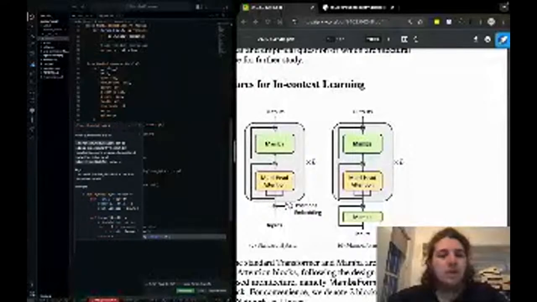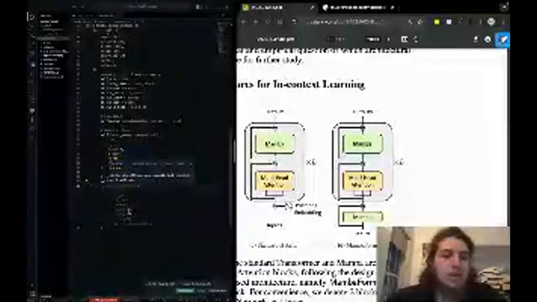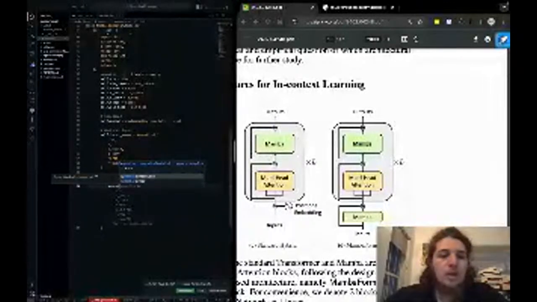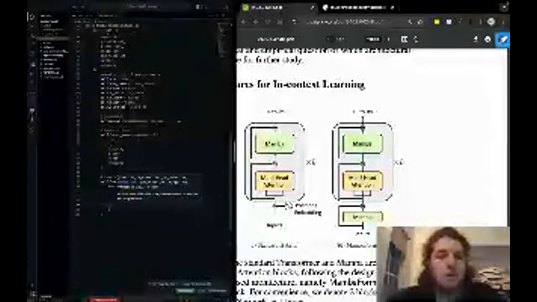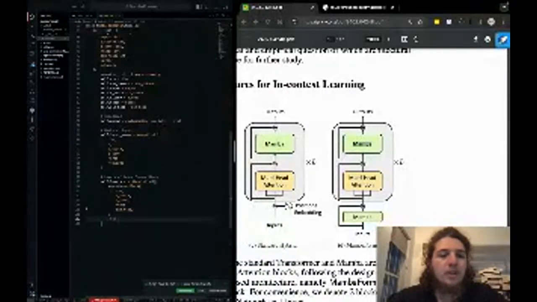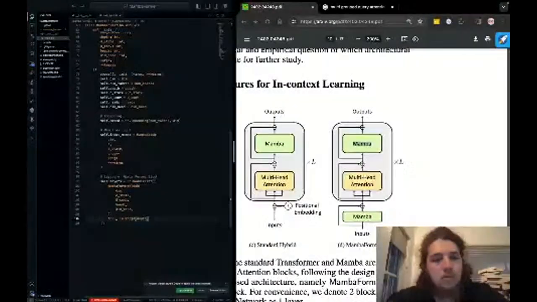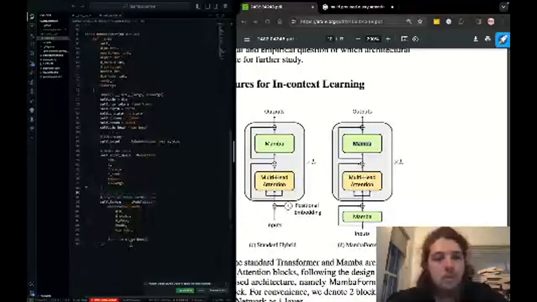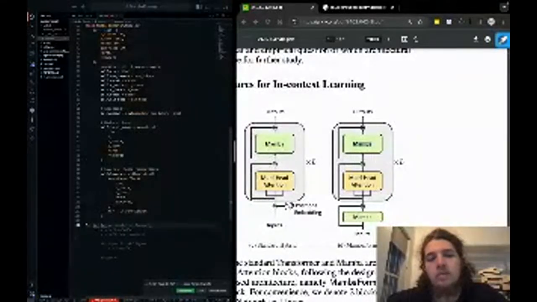So here we need to call the list, which is going to hold all of the layers. We're going to lay out all the parameters, and then we are going to specify a range, which is the depth. If we put the depth to 10, there'll be 10 iterations of this block, which is the output.